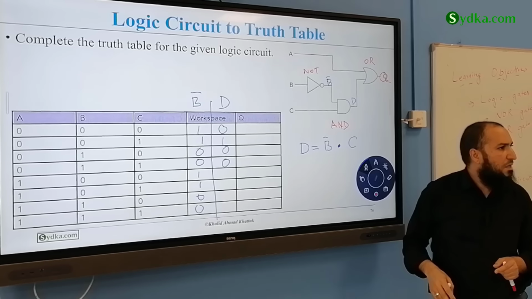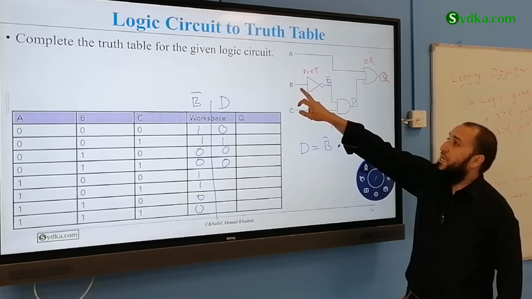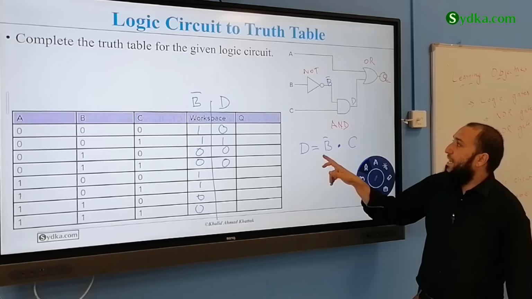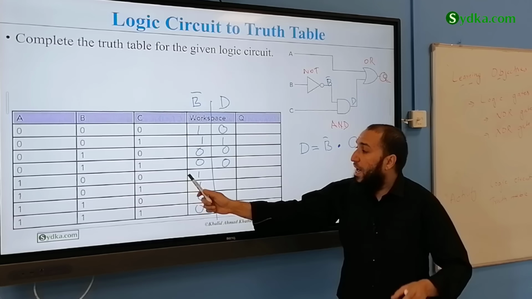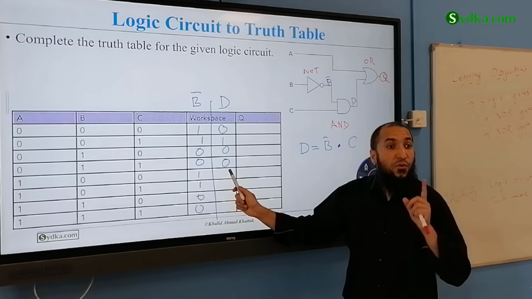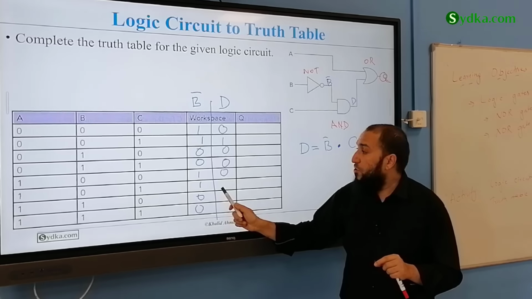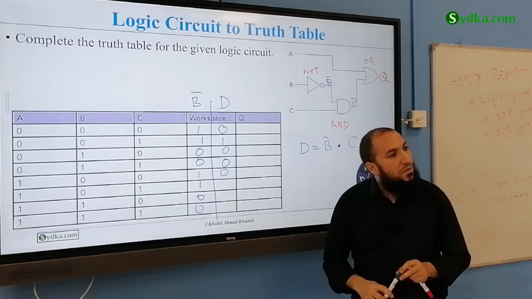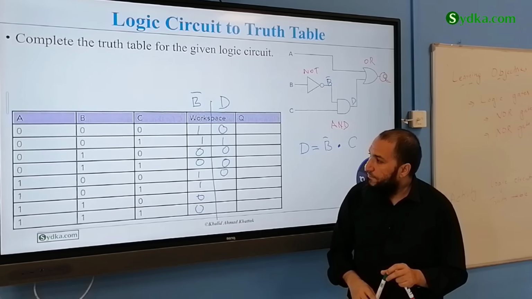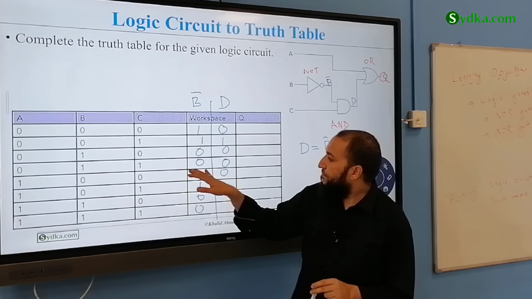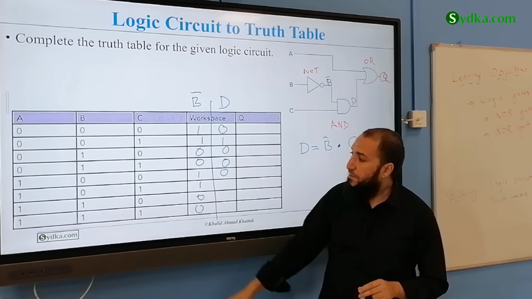Third step. First step we did is converted B into not B. Second step we converted these two into AND gate. You said 1, which one? If A is 1, then it should all be 1. The answer should be 1. And the last one is 1. This line? If A is 1 on the very left,